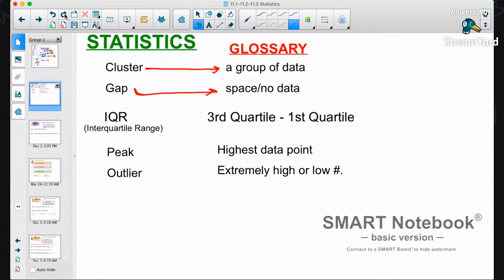IQR, which means interquartile range, you can calculate by subtracting the first quartile from the third quartile. We are going to learn this in detail later today. And peak means highest data point. Outlier is extremely high or low numbers. All right, first we are going to start with